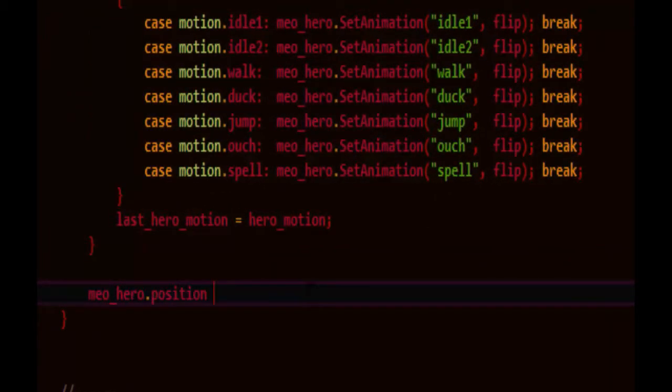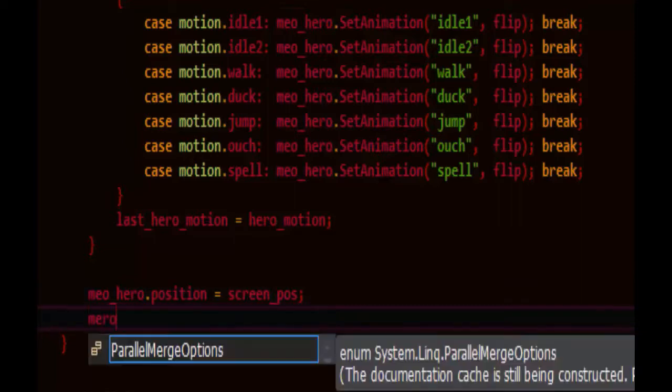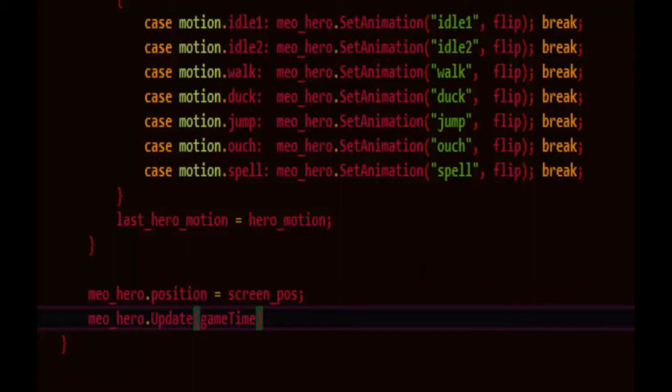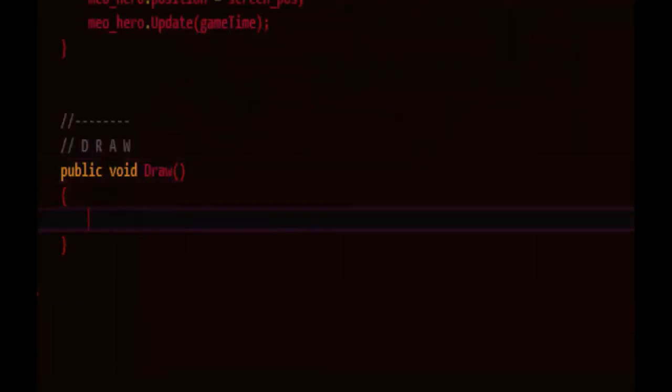We'll set the hero position to be the screen position, so now the animation player is going to play that animation at the actual game player's screen position. And we'll call the update method, passing along game time if we need to use it, and that updates the animation of the character. Now let's go into our draw method here so we can actually see what the character